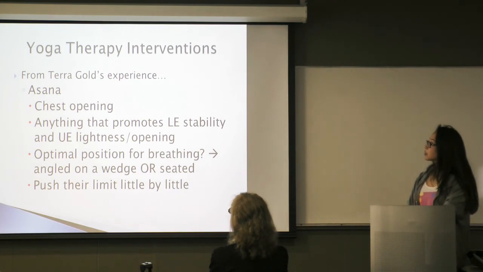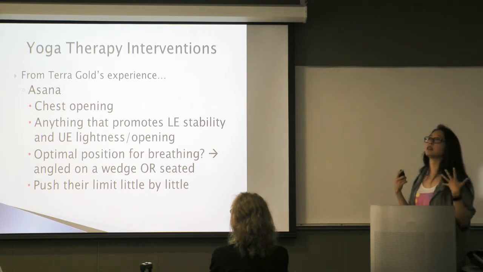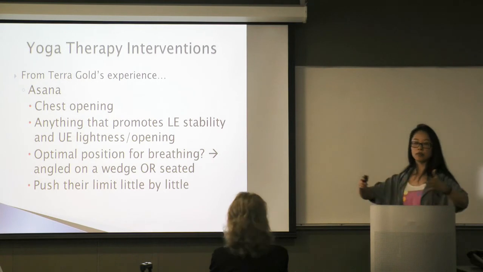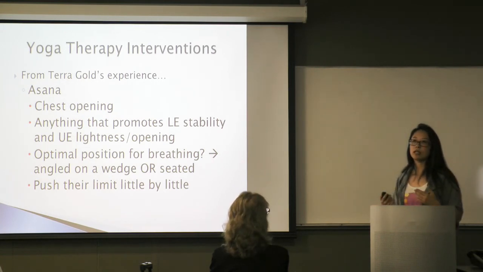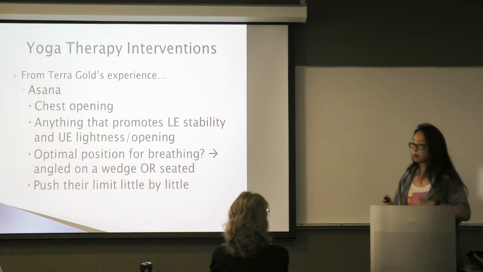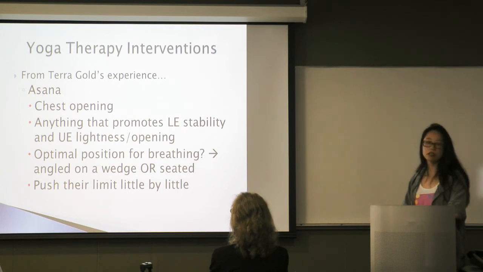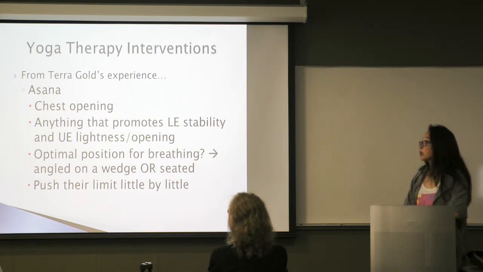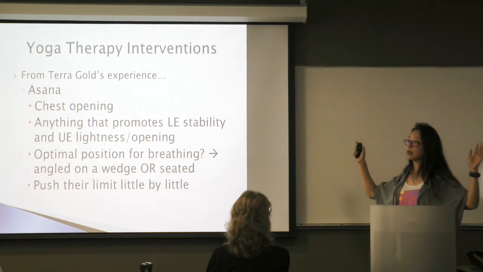And the asana, so you have some chest opening to help them feel more space here. So, like wing prayer would be an example, maybe like a newspaper, or like hands behind back. It could be standing or seated. It really just depends on what the patient is able to do. So it's not really a one-size-fits-all. Anything that promotes lower extremity stability and upper extremity lightness and opening. So maybe like a standing Tadasana with a little bit of a back bend in the arms in a U